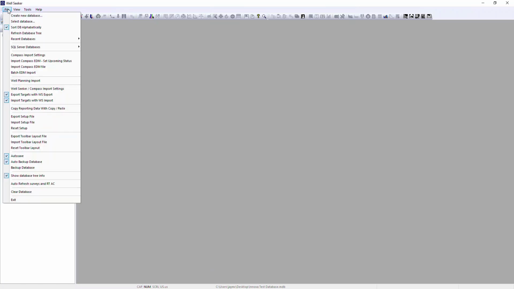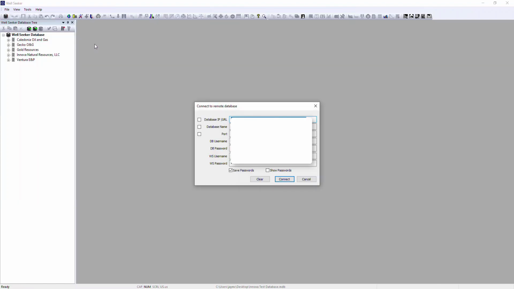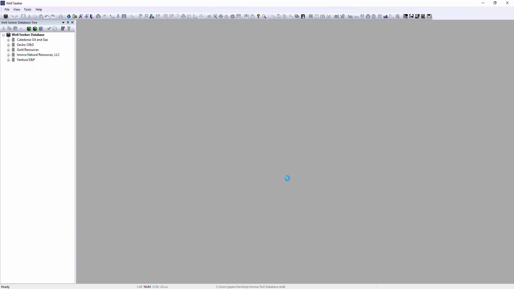But if I want to access the SQL Server database, I need to do that via the File menu, SQL Server Databases, Connect to Remote Database. And that's going to open this dialog. And this is where we enter all the relevant login credential information that we have. So we've got our database IP URL, database name, port, database username, database password, and then our individual username and our individual passwords. If we select Save Passwords here, these will be saved every time we open this dialog, and all that we'll need to do is hit Connect. So if I hit Connect now,